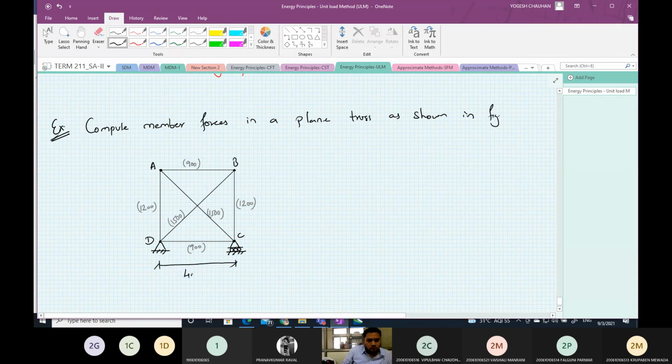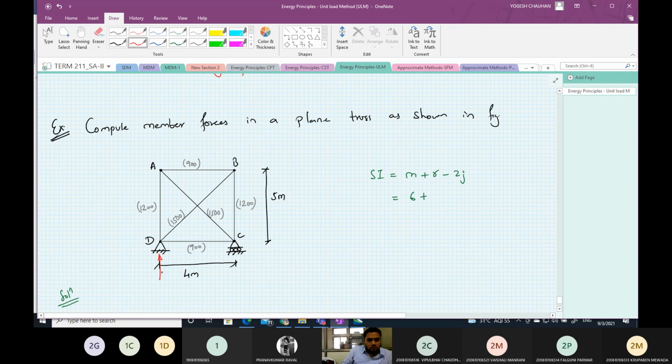This is 4 meter and this is 5 meter. Okay, so the first step is to find the SI of this truss. So the SI of this truss will be M plus R minus 2J. Here we have 1, 2, 3, 4, 5, 6 members are there. 6, and the reactions will be